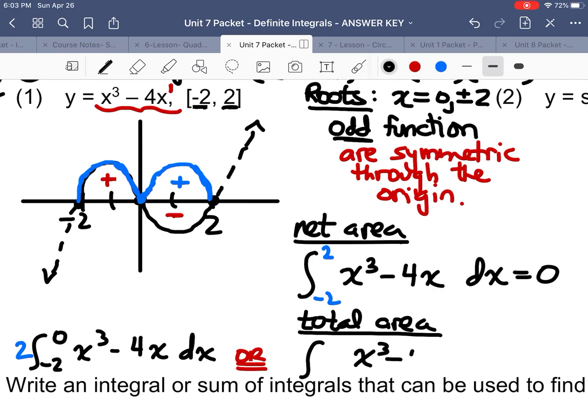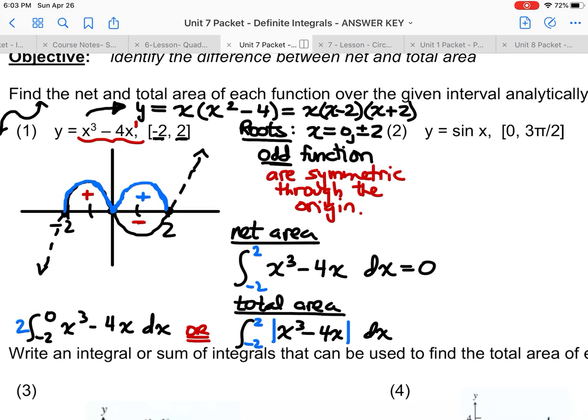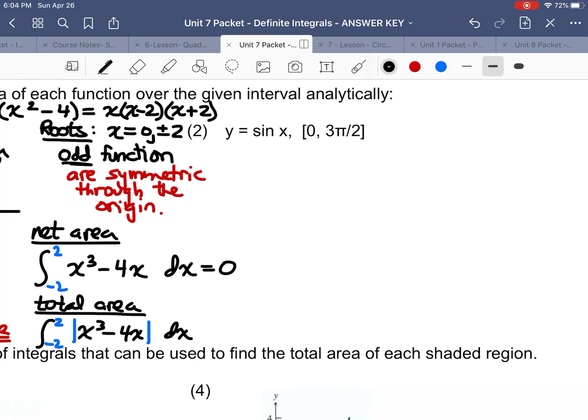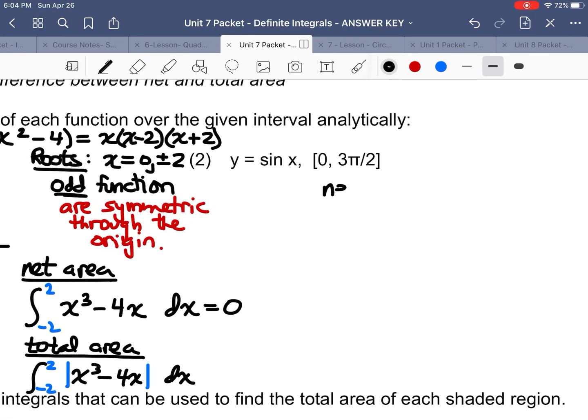So another way that you can handle it would be to go from -2 to 2. So -2 to 2. We still have that x cubed minus 4x dx. Like I said, -2 to 2, but take the absolute value of the function. Now, most people look at this and say, that actually sounds wonderful, because I now have a pretty easy recipe for coming up with net area and total area. The net area, and we'll just look at number 2, if I just need the numerical, the computational, the however you want to say it, net area,